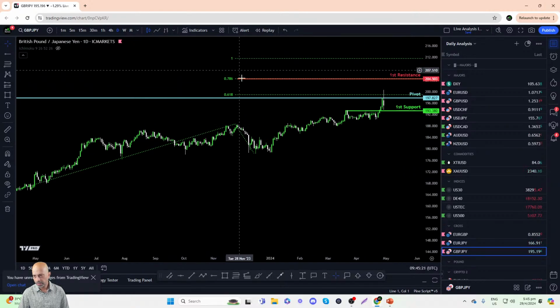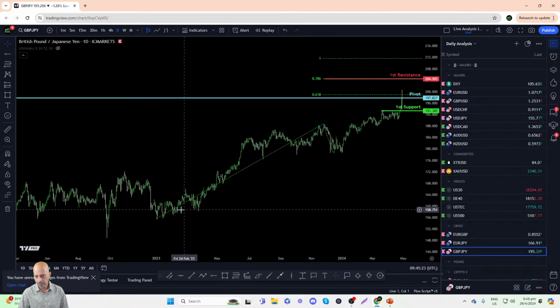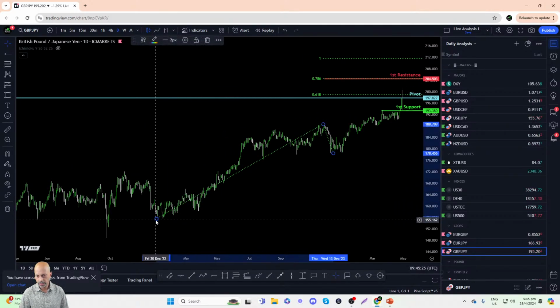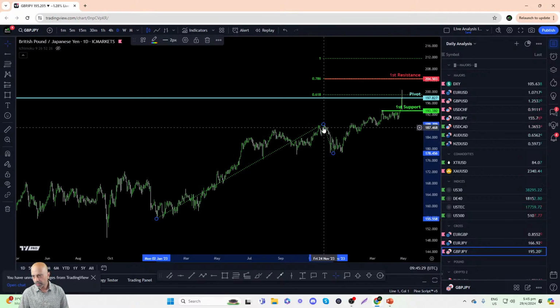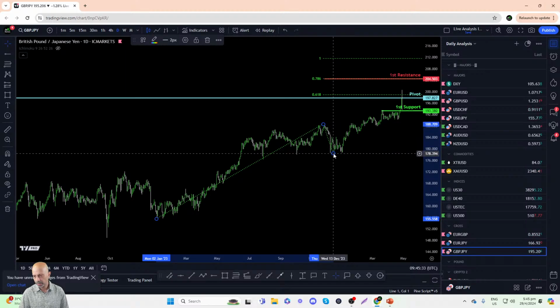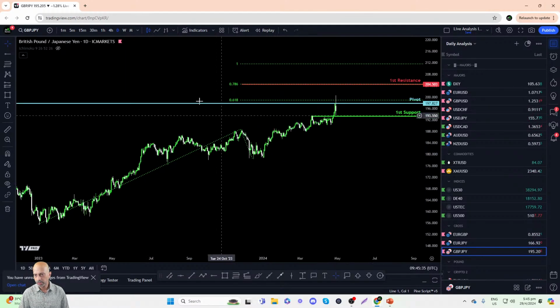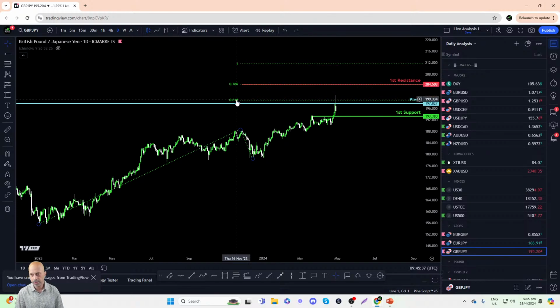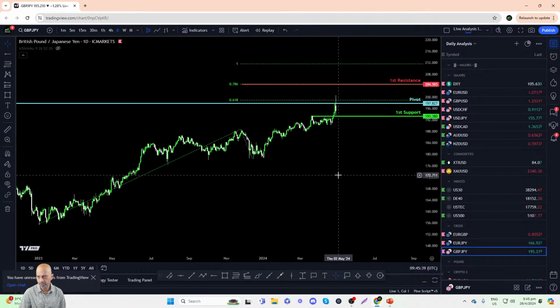Right, okay, so I'm just keeping on. First of all, I've run a Fibonacci projection from this low on 30th December 2022, going up to the high on 23rd November 2023 and ending with the low here on 13th of December. So we're using the projection levels at 61.8 and 78.6% to help us identify the pivot and the first resistance.